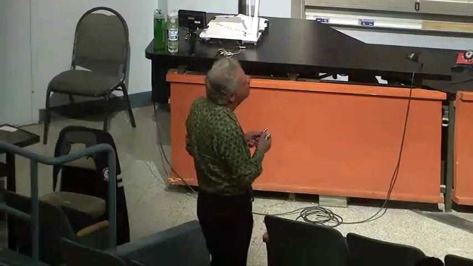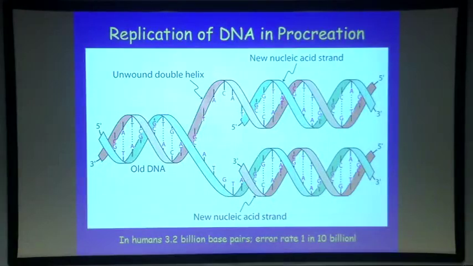By playing this game of complementarity of the bases, you can do this coupling. And so when you reproduce this, the error rate is just unbelievably small. It's 1 in 10 billion, for 3.2 billion base pairs, in part because whenever there's an error, there's already an army of enzymes and proteins and other molecules sitting there to fix it. Okay? Because absolutely no error is allowed in order